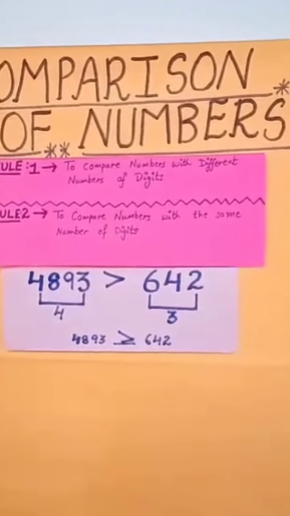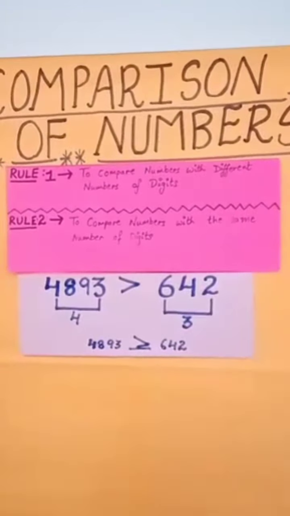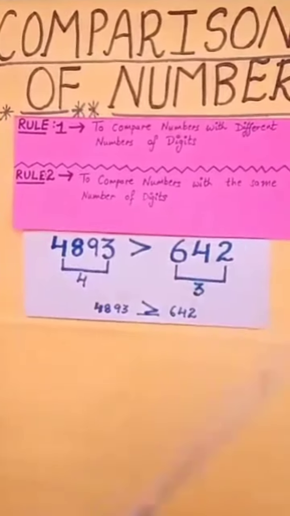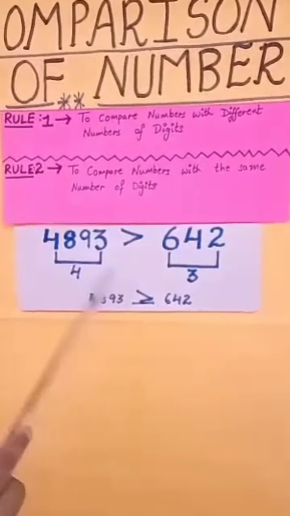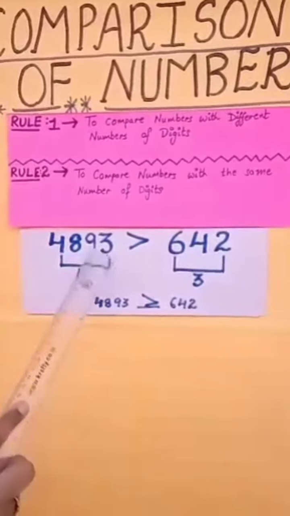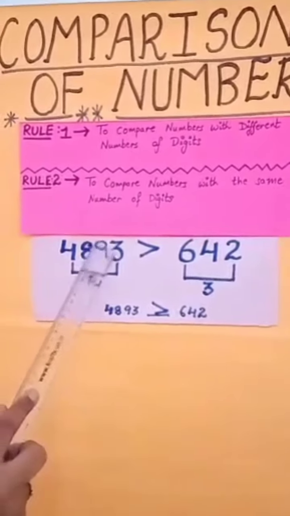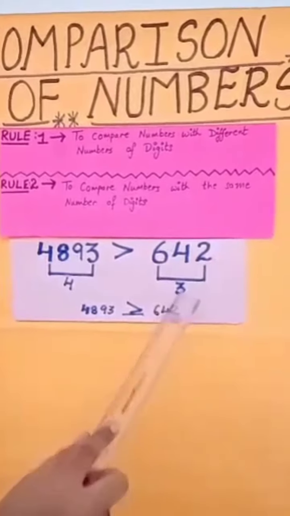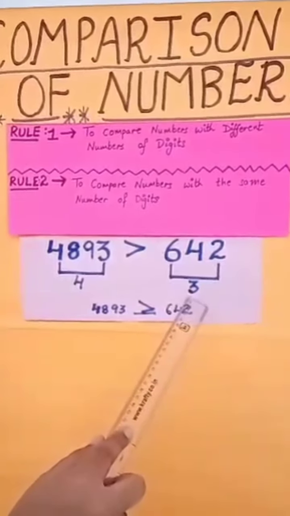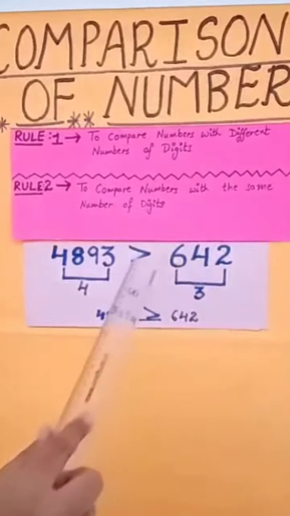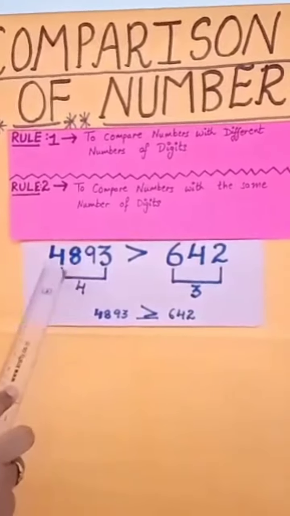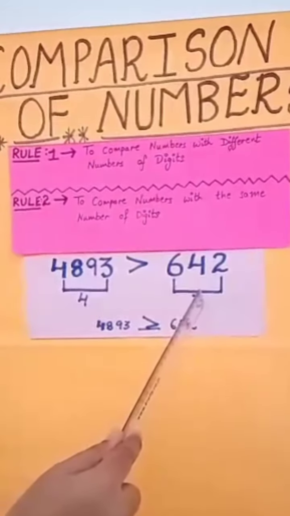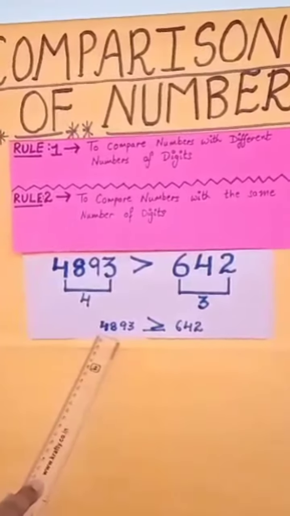So to compare these two numbers, we first count the number of digits in these two numbers. We need to count each digit, the number of digits we need to count. So let's check it. So in 4893, let's check 1, 2, 3, 4. We have 4 digits. So it's a 4-digit number. In 642, 1, 2, 3, it is a 3-digit number. So as you know that a 4-digit number is greater than a 3-digit number, or you can say 4893 is greater